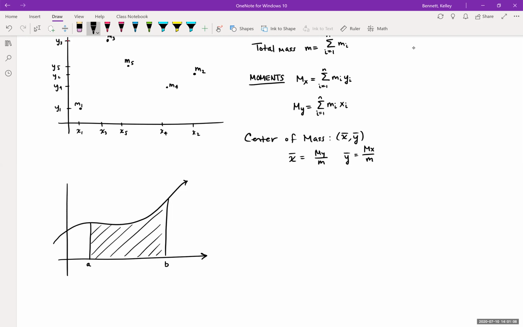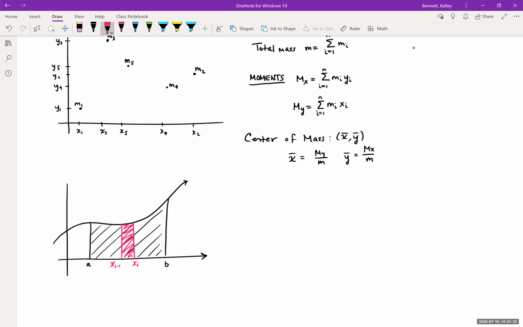Well, I'm going to partition it. No surprise there. So if I partition this, the first thing we want to do is ask, what's the mass of this partition? So if this is x sub i minus 1, and this is x sub i,